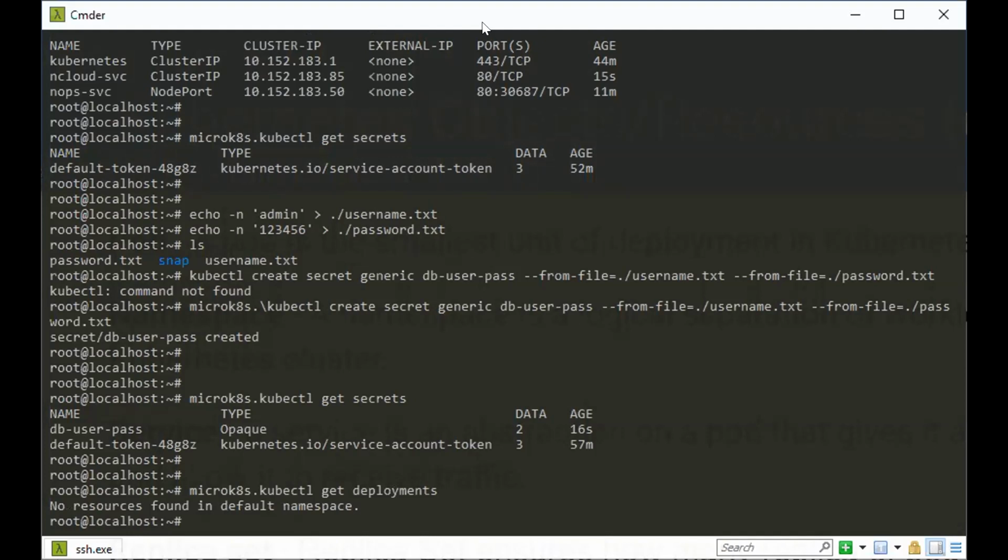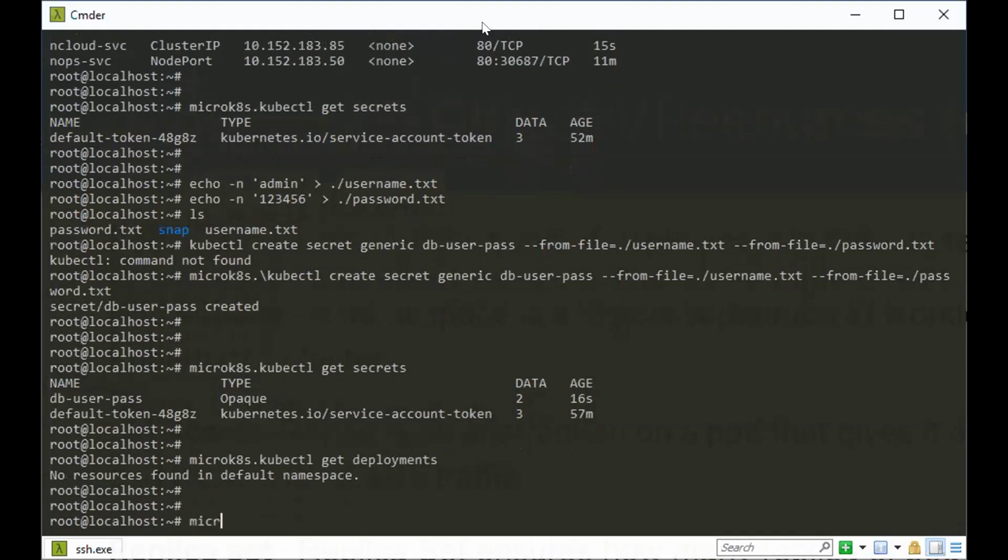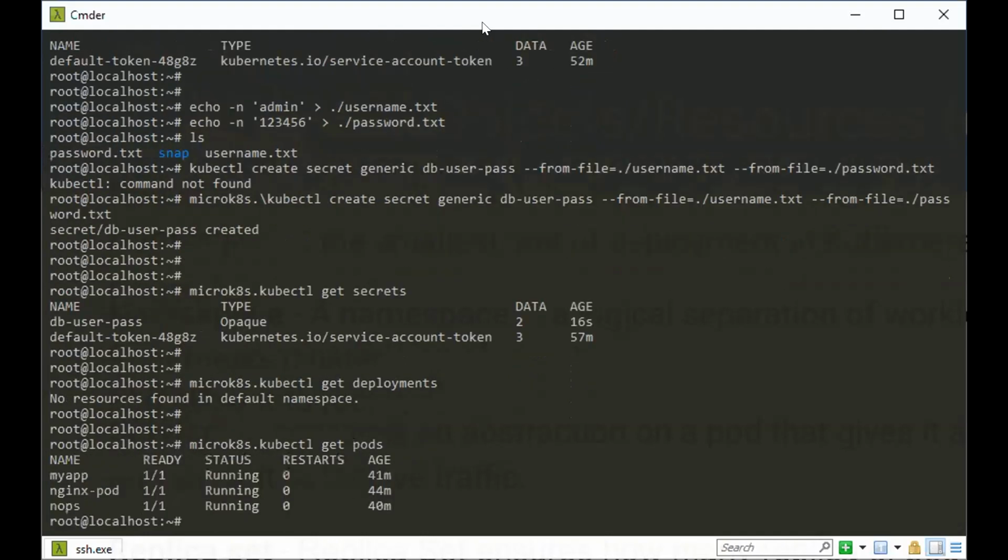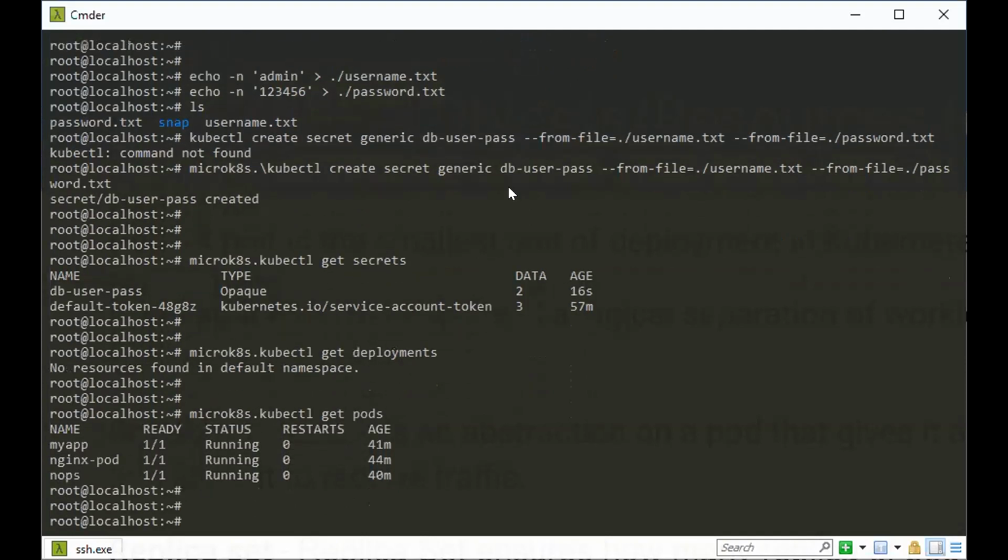Replica and replica sets don't work in isolation. They must be within a deployment. Now, I purposely left these pods running because I want to use it to demonstrate something about the importance of having deployments. So at the moment, we don't have any deployments, but just know that a deployment is a component that is used to house different components,